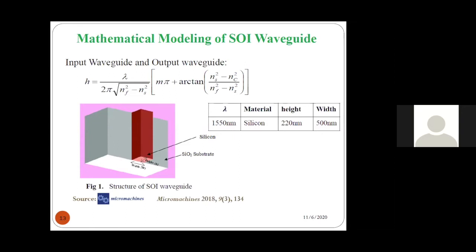Let us say I wanted to design a waveguide which transmits light at 1550 nanometer. So the modal confinement I have to find at 1550 nanometer. Using this equation, I have found the height is around 220 nanometer. It's almost this value you will get. And always the width must be selected more than the height for better modal confinement along the length of the waveguide. Now let us see how to design this waveguide in ANSYS Numerical FDTD.